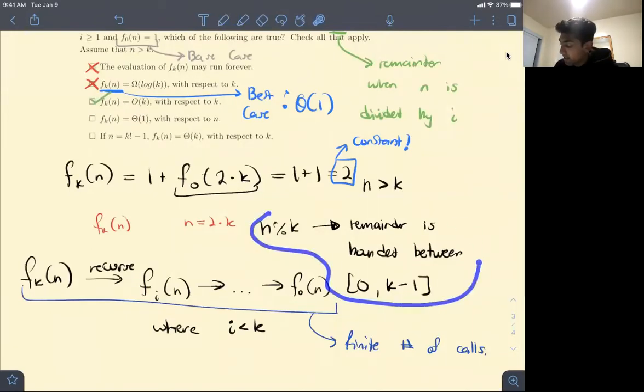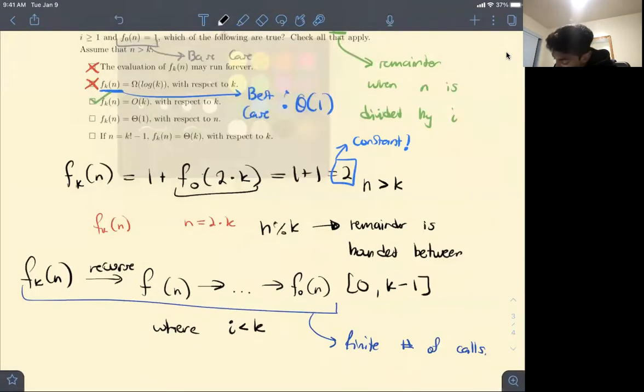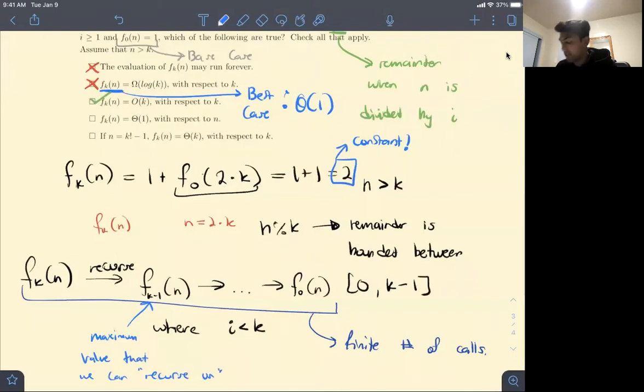If n mod k, the remainder, is bounded between 0 and k minus 1, the maximum that I can be here is k minus 1. It's really important here to realize that this is the maximum value that we can recurse on. Okay, so notice that fk of n, the biggest f function it can call is f of k